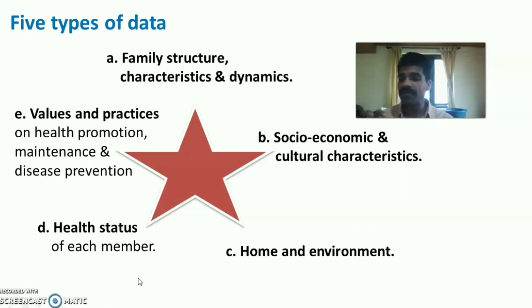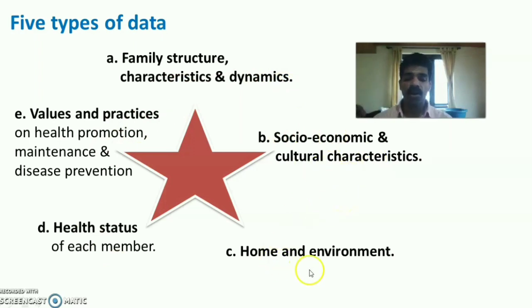So what are the values and healthy practices family members follow for the promotion of their health, maintenance of health and disease prevention. So these are the 5 different types of data that could be collected during assessment of health needs. First is family structure, characteristics and dynamics of the family, socio-economic background of the family and cultural practice or